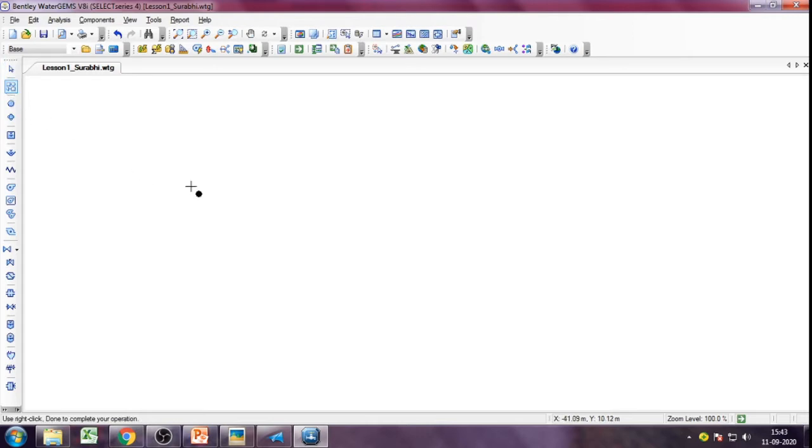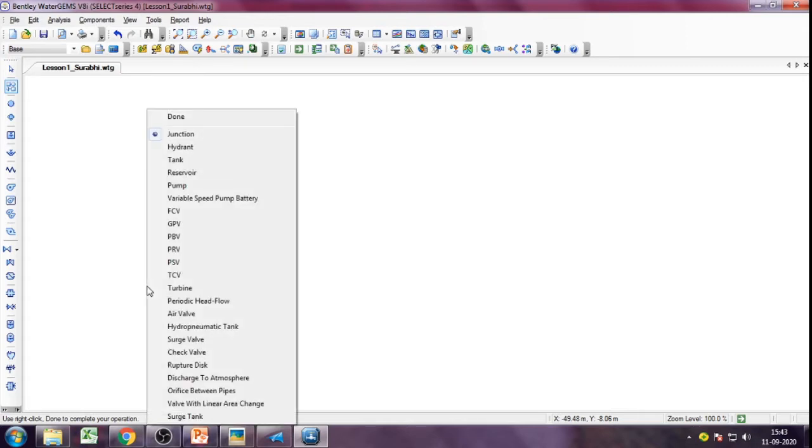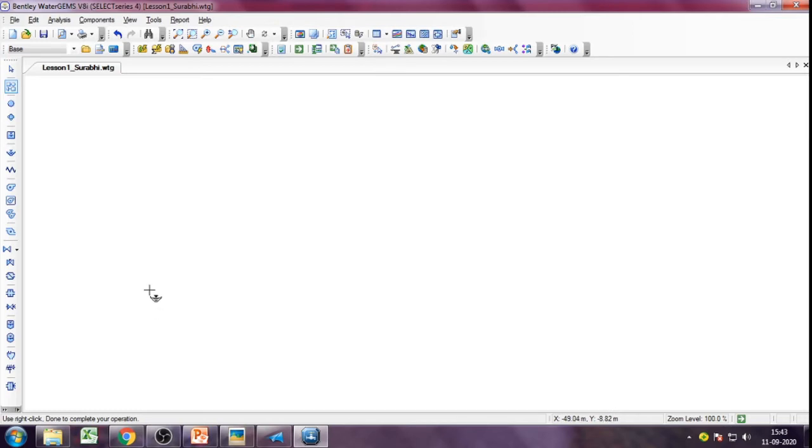When you go to the drawing space, you can see this cursor appears. Now first of all we want to make the reservoir. So right click on the drawing space, click Reservoir, and put it by clicking on the drawing space. So this is the reservoir, and note here that different hydraulic elements are represented by different symbols. This symbol is for the reservoir.